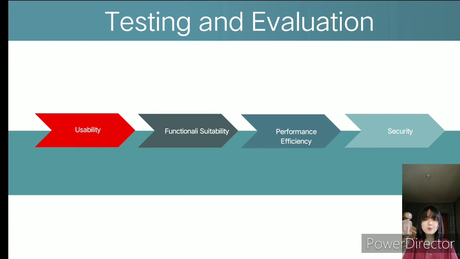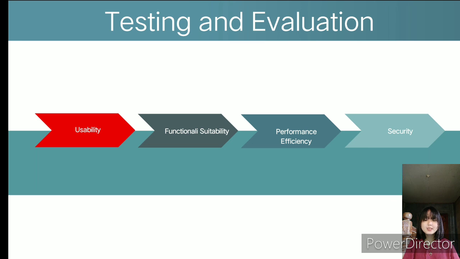The testing and evaluation is the plan to conduct to be able to make the system more functional and error-free. Under the testing and evaluation are, first, usability, the quality or state of being usable, how usable the system is for the users. The functional suitability refers to the functions used to contribute to the development or maintenance, and how possibly the system is applicable to the certain area of the scope of this study.